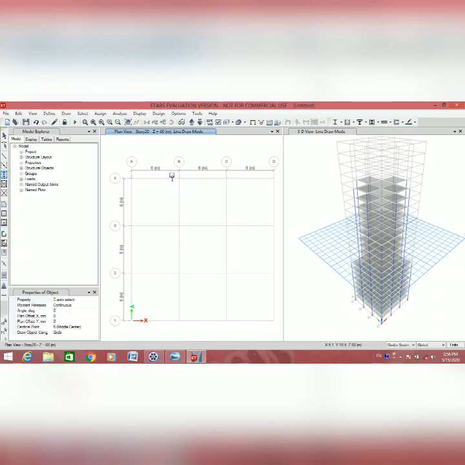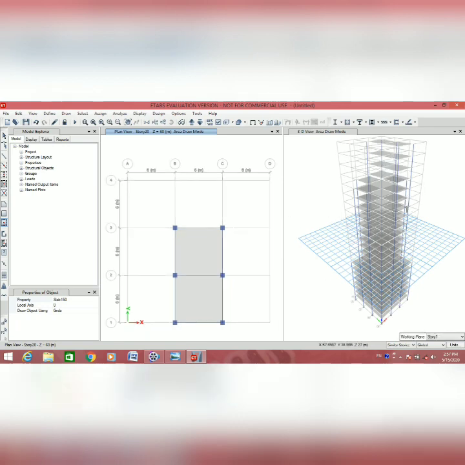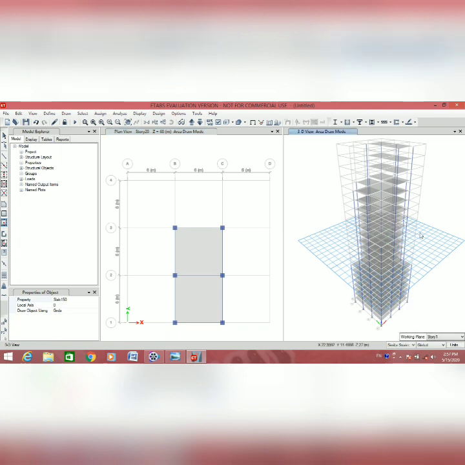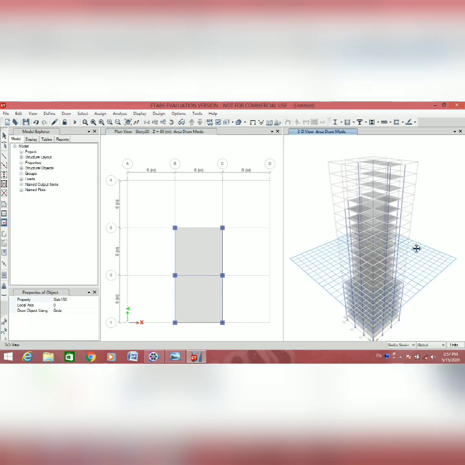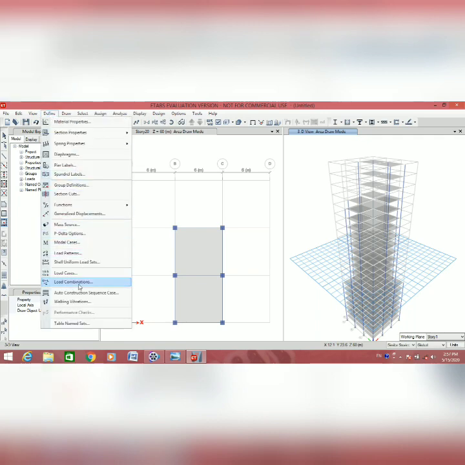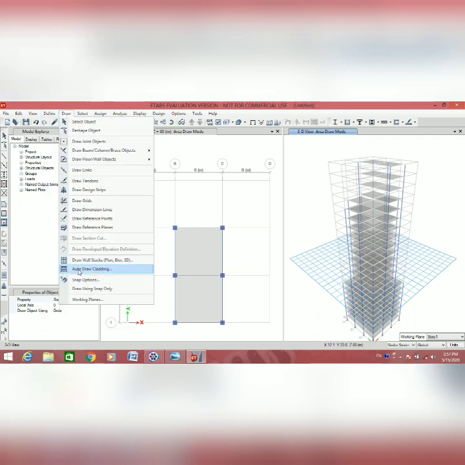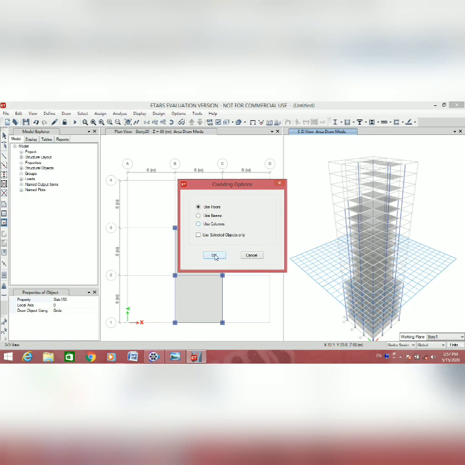Again quick draw column option, draw the column, and select the beam option, quick draw beam and slab. And draw auto cladding and select use floor.